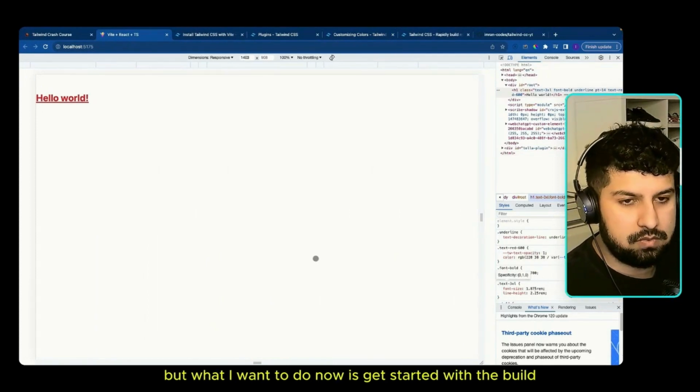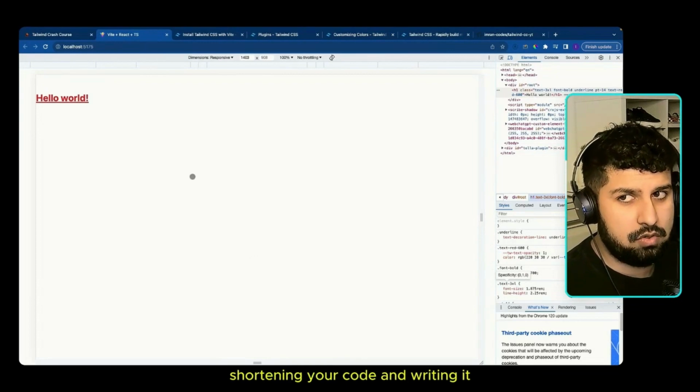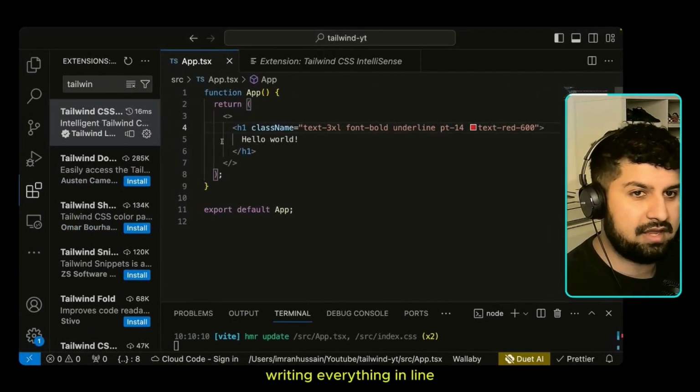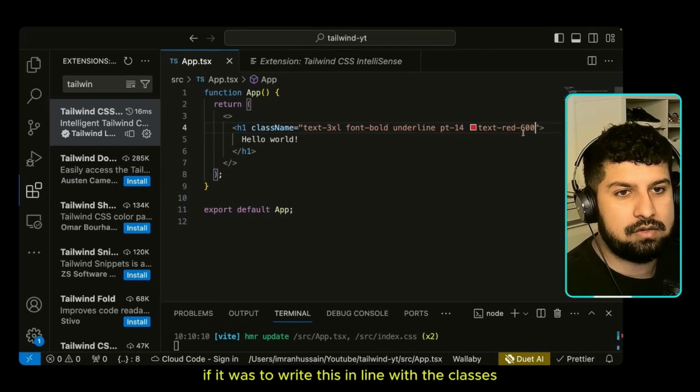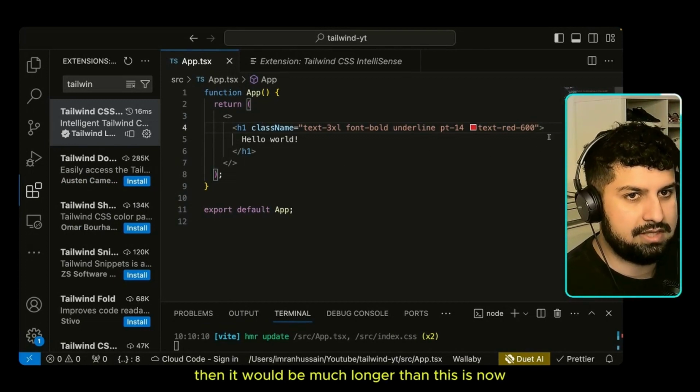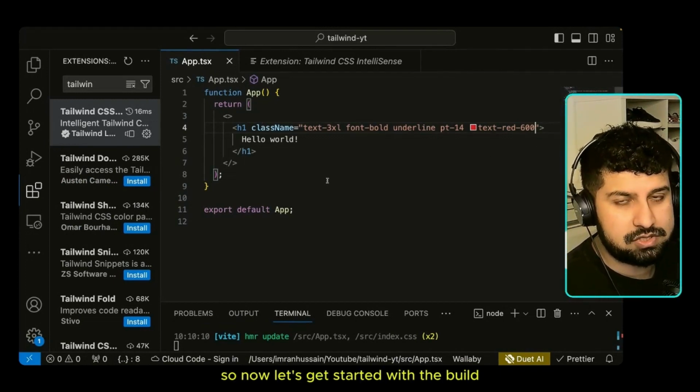But what I want to do now is get started with the build. So essentially shortening your code and writing everything inline. If we were to write this inline with the classes, then it would be much longer than this is now. So now let's get